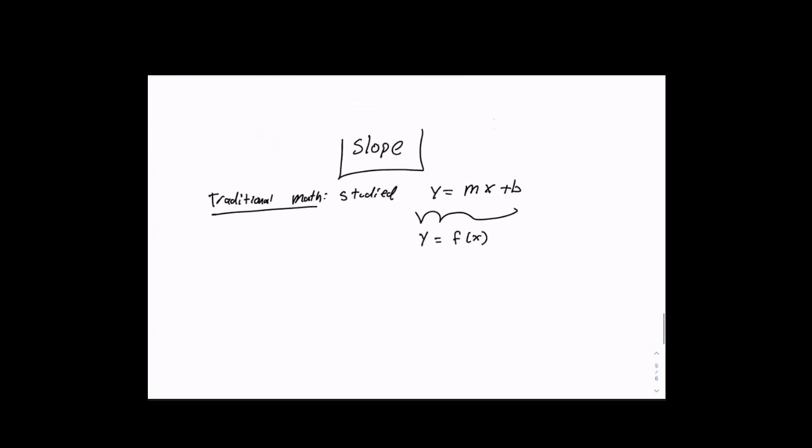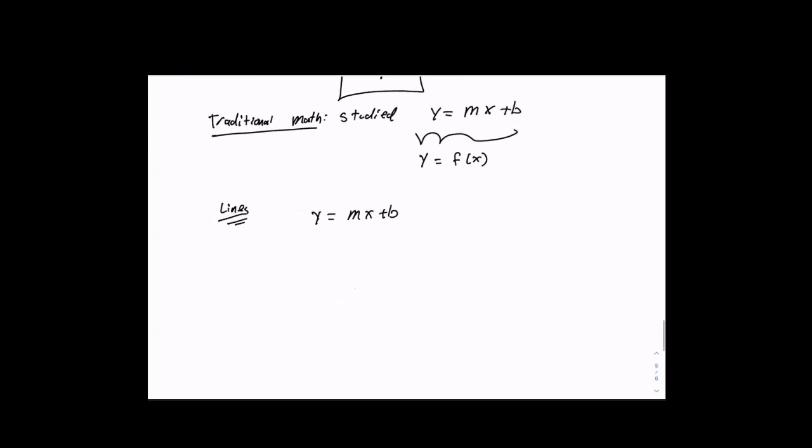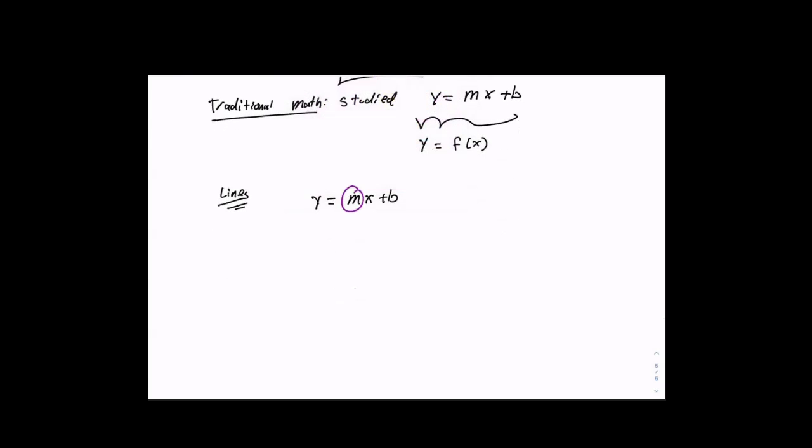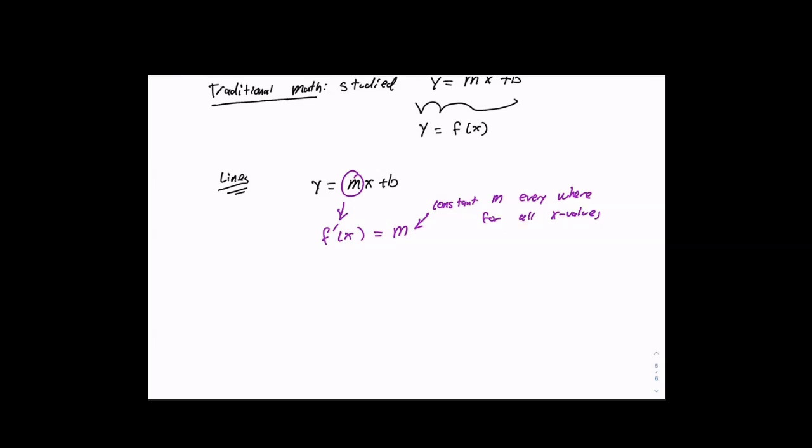As we have learned when talking about lines, when we have y equals mx plus b, what's important about a line is that this slope m, well, first off, it's a derivative of it, and this is m. It is a constant m everywhere, for all x values. In other words, it doesn't matter where I look on a graph,